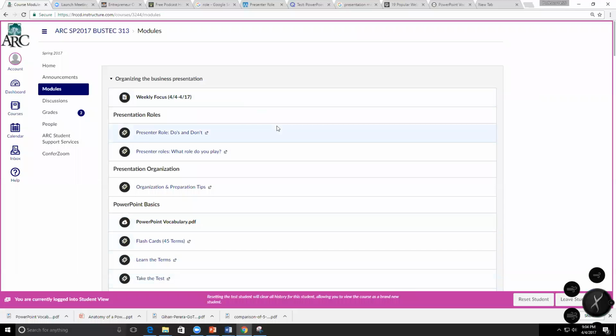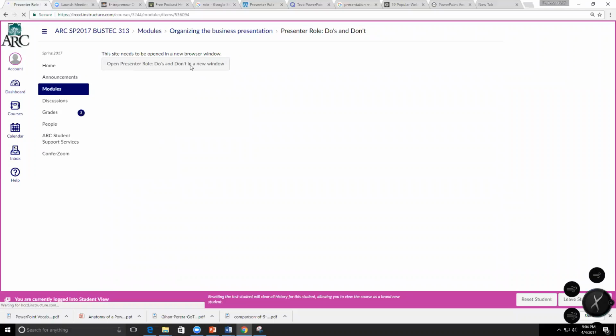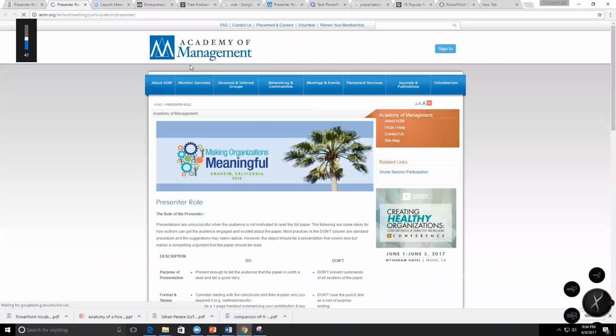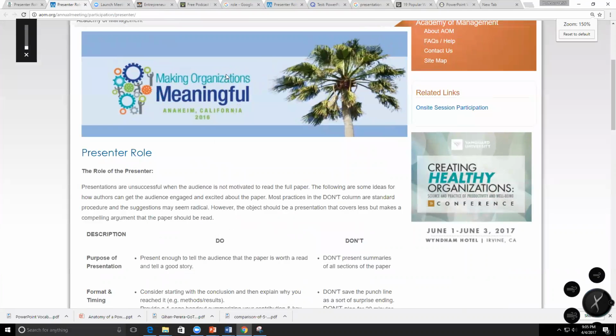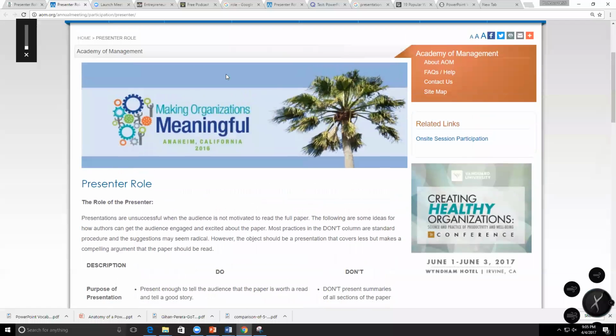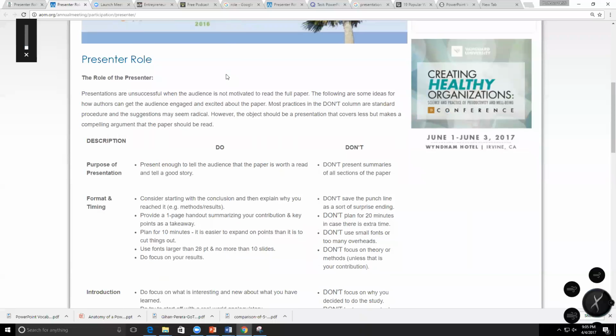Okay. Our weekly focus, from there we're going to go to presentation roles. Now there are 2 different pieces of presentation roles I want to talk about. One is going to be about the traditional roles that we play, but the other is going to start off in a very logistical and functional way. Anytime you go to present at a conference or you've been invited to present, often they will invite you, but they also make sure that you understand your role as a presenter. And when it comes to presenting, and this was the Academy of Management, before any or all of us present,